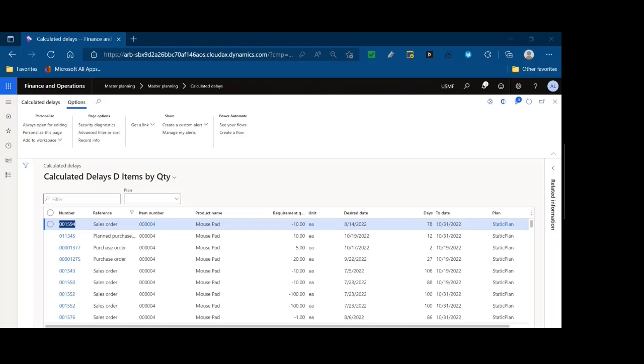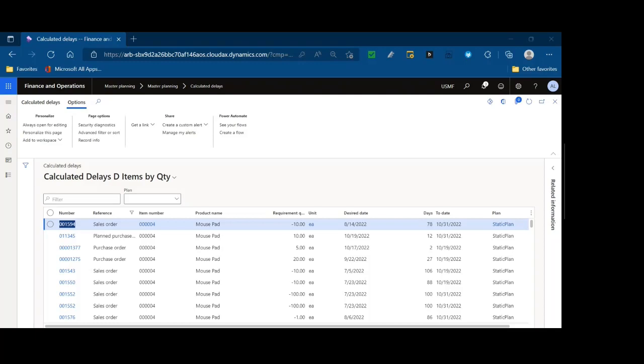And what I would argue is this is why you as planners exist. You exist to make those business decisions that are over and above what the system can do. The system can work with the information that you provide it, but ultimately you're going to decide if that customer order really should be delayed or if there's something else you can do in production or purchasing to avoid that